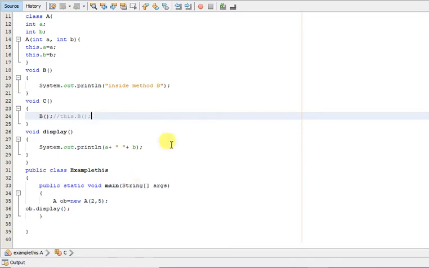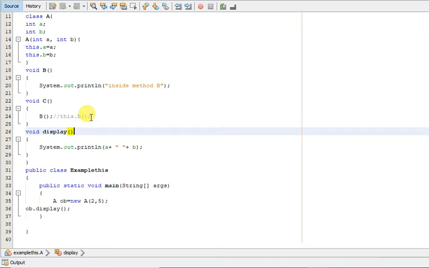So though we can call this method here like this, internally the compiler is calling this method this way, right? So this is the second use. This can be used to call the current class method.